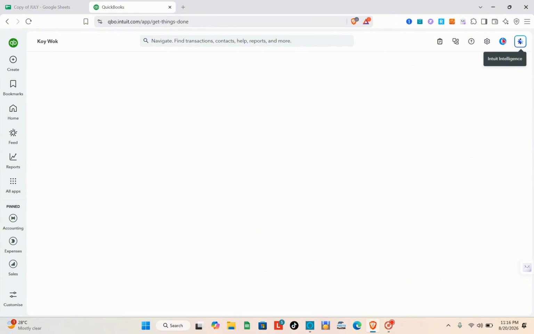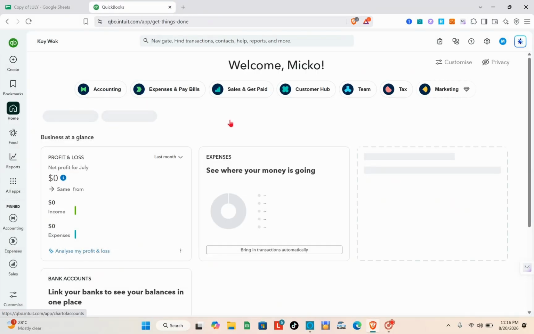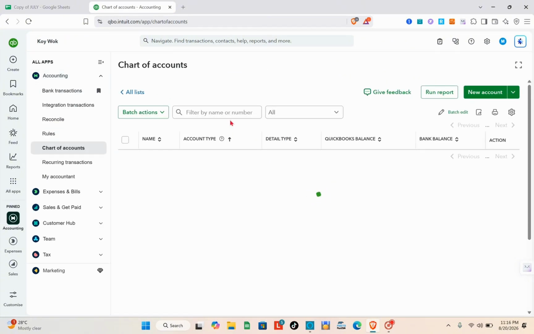So let me just close this one, and then just go to the settings once again, and then you'd be able to see here the chart of accounts. Okay, so the chart of accounts is essentially the system QuickBooks uses to organize your company's income, expenses, assets, and